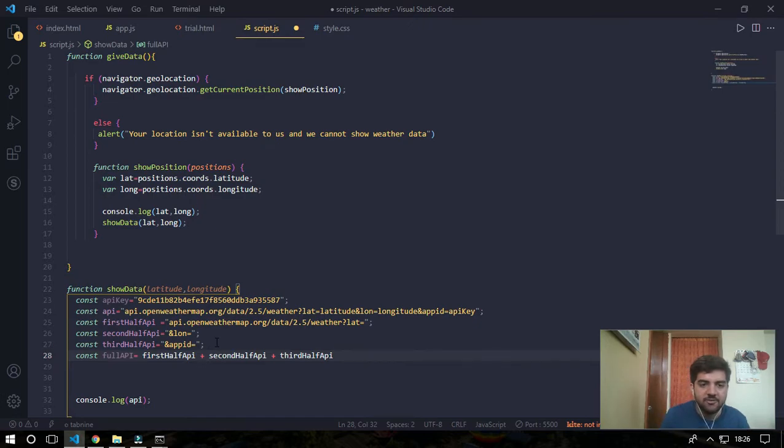After the first half API, I just want to add the latitude which I have caught as the parameter. Then after adding latitude, second half API, after ending this I have to add longitude. Then after that comes third half API, which ends with having the require of the API key plus API key.